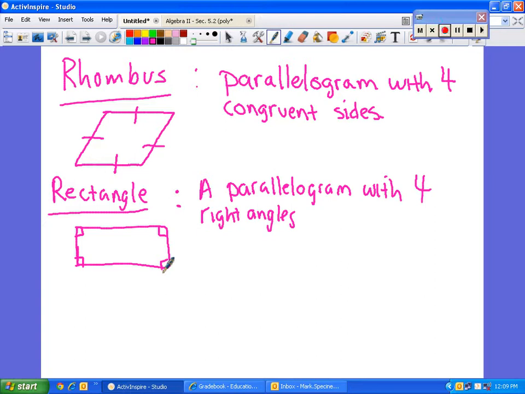Okay, and then the last one, square. What do you think we're going to say about a square? Everything is equal. All of its sides are equal. That's right. So square